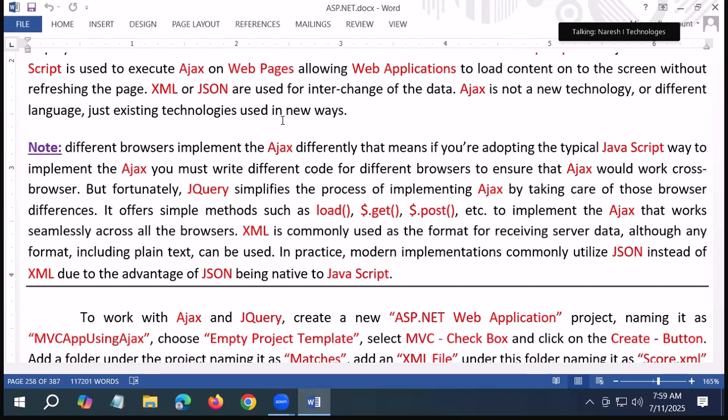Then if it is Google Chrome, you're required to provide a different Ajax code. If it is Edge, different Ajax code. Whatever it is, I require to write different code. So many browsers are there, and it becomes a challenge for us to write the code for different browsers. Okay? To overcome this problem here,